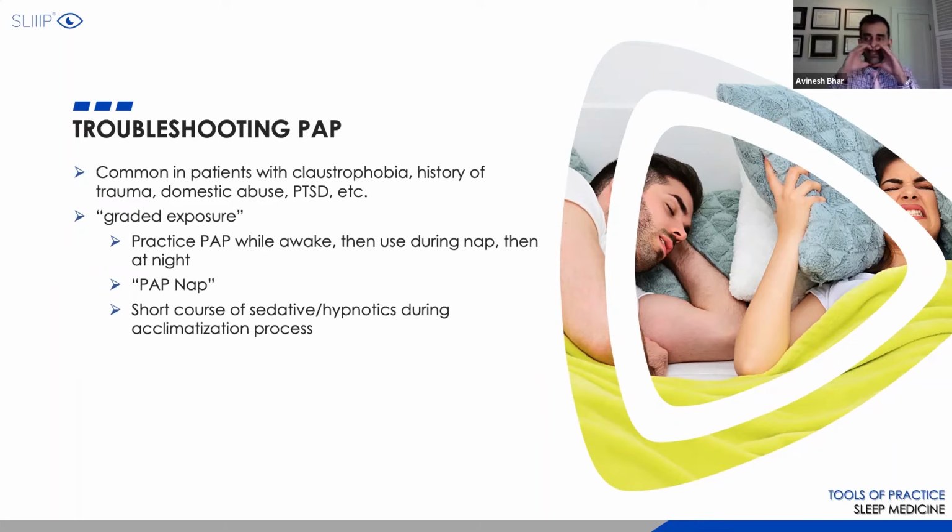There are full face masks as well, like hybrid masks that sit right there. So it uses the nasal passages by having outlets here, and it also covers the mouth. So you may want to try a different full face mask, or you can try a nasal mask, which is a lot more petite and less likely to cause them claustrophobia. Have them use it before they switch on the machine.